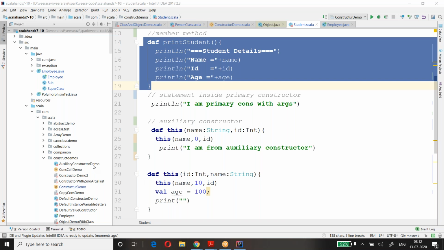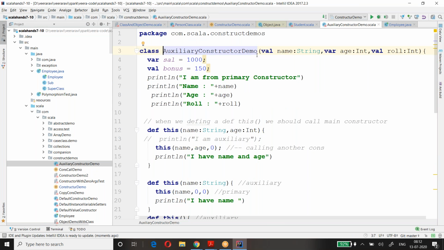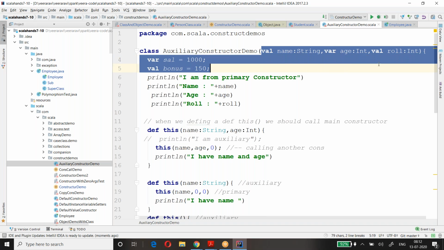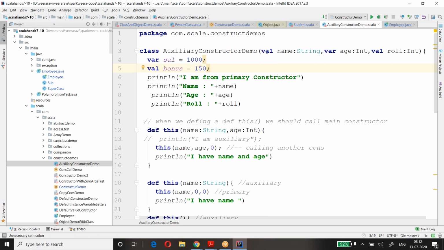Okay, so we discussed the auxiliary constructor. You will have your own parameters. It's a primary constructor. Okay, not to worry. While you are declaring a constructor, you can give val here, var here. If you give a val, it means you can only retrieve the value. You cannot assign the value after creating the class. Var means you can reassign the value, and you can also retrieve the value. Okay, so